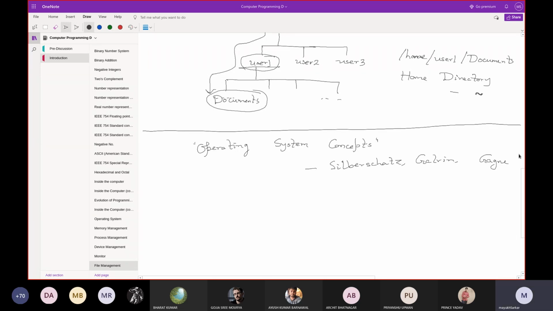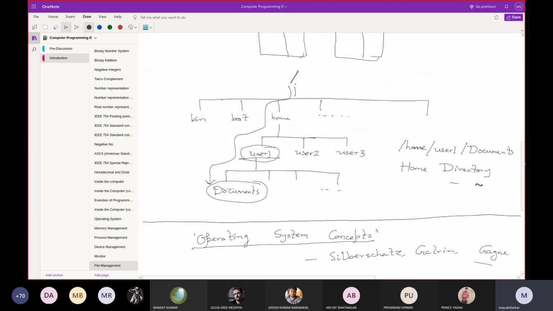Then if you want to specialize in one particular operating system like Linux or Unix, there are special books for them as well. But even these introductory books are for a complete course on operating systems.